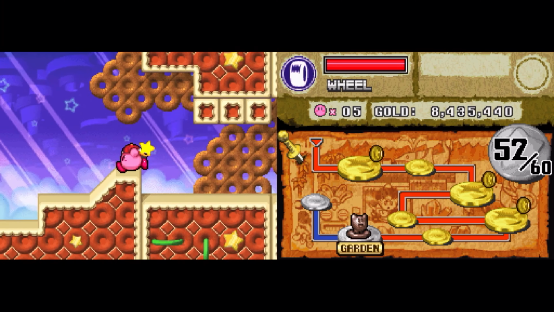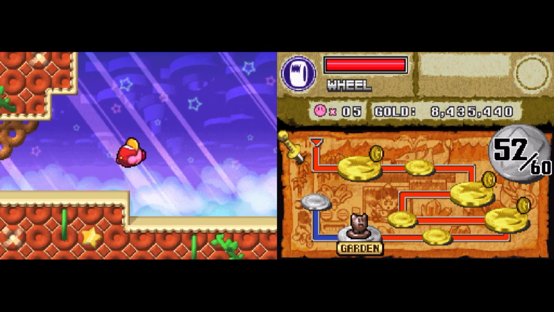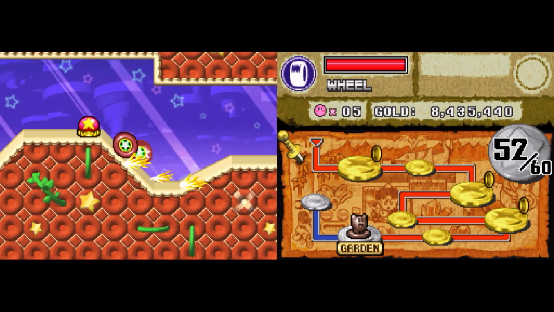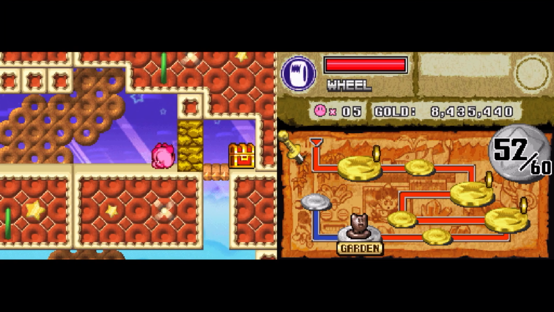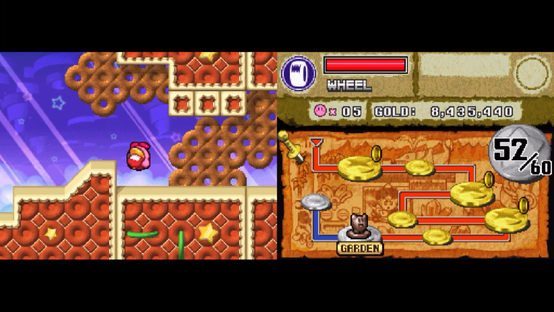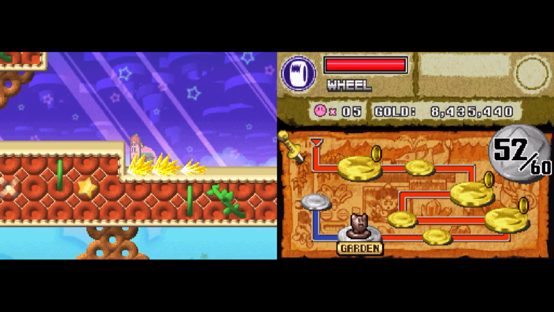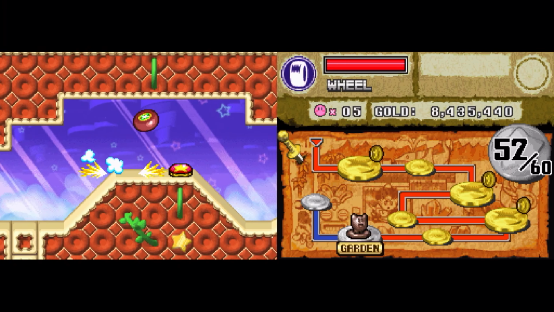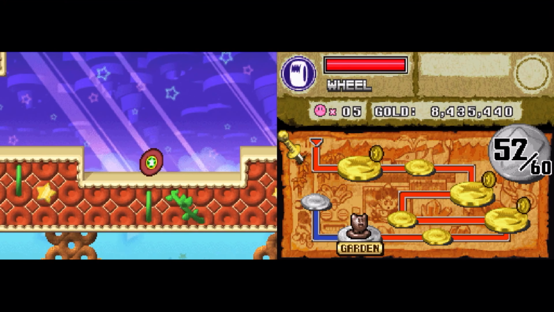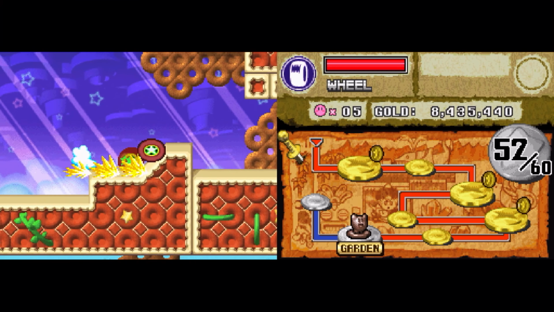However, as you can see, wheel does not properly work to get up there, due to you needing to jump and stuff, and you're also not going fast enough. And so, I spent like 5 minutes trying to figure out how to do this before I actually realized what I had to do. So, what you're actually supposed to do, and you'll see it here in a minute, whenever the cut is